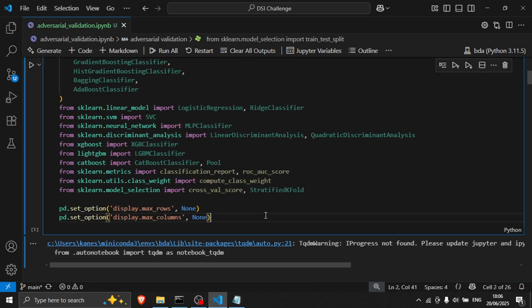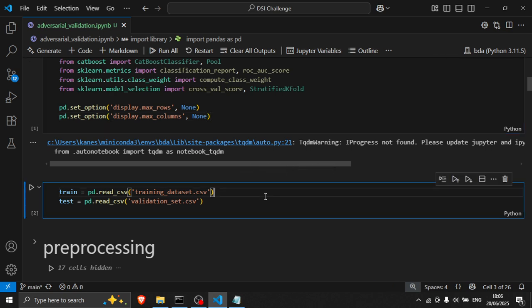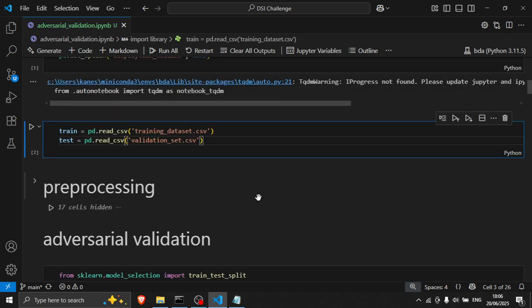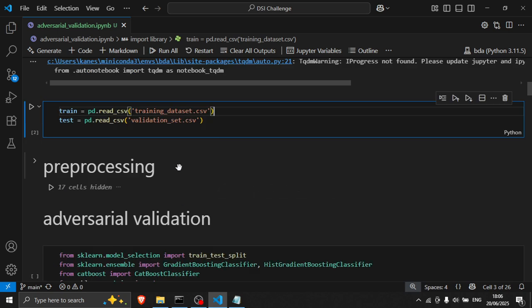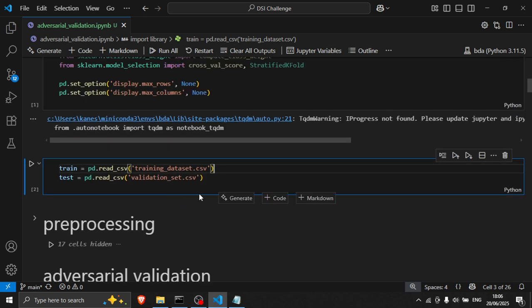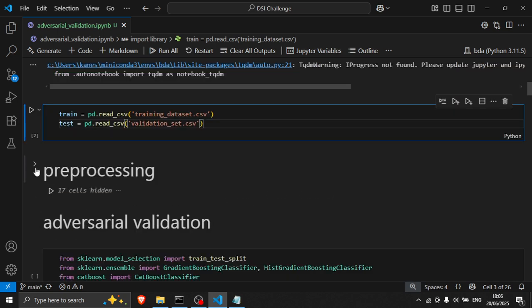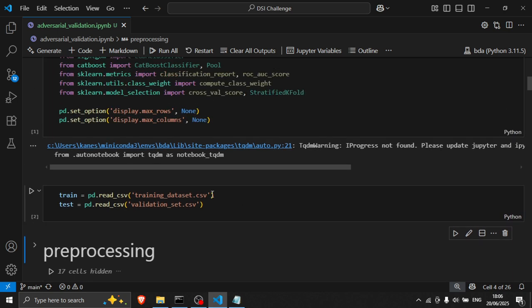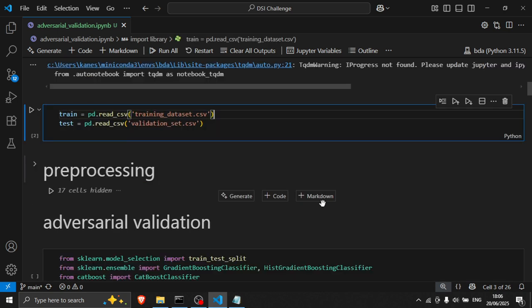Yes, this is my notebook. Imagine you have train and test and you want to implement the AV method. Here, you should not focus on my pre-processing step because it was too complicated and we don't want to focus on it.